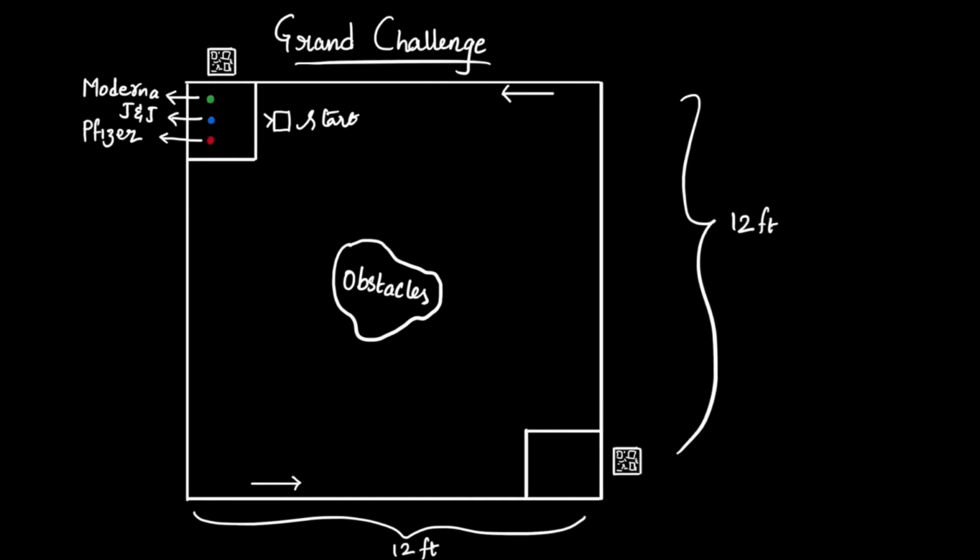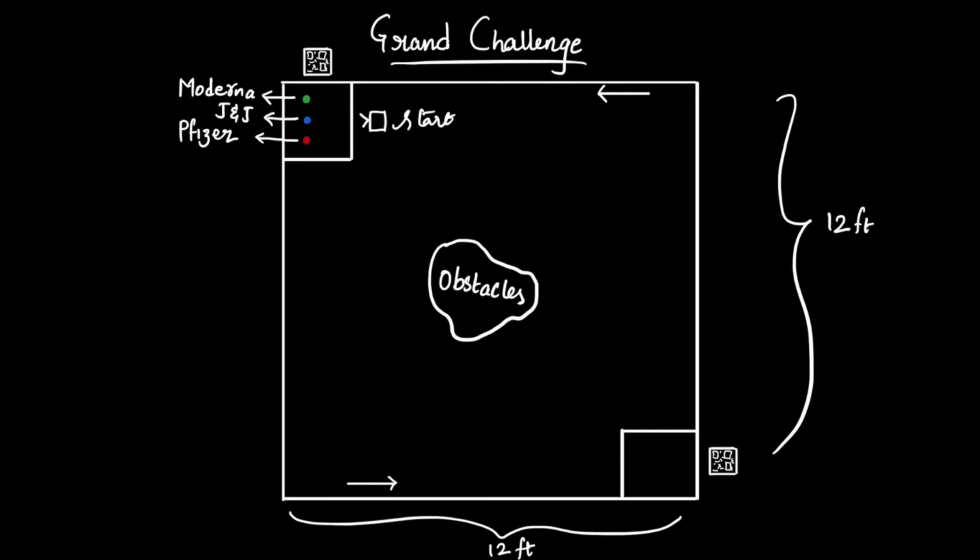So as you can see, this is the grand challenge that was designed. It's a 12 feet by 12 feet arena with obstacles in between so that the robot cannot directly go, simulating a real world scenario. There's a cold storage with 3 different vaccines, and then there's a delivery at the bottom right corner. This is where the start of the robot is, and from here there is a QR code that is shown to the camera of the robot. This is sent to us by the professor, and it could represent any of the 3 vaccines. For instance, in this case, let us consider that we've received a J&J vaccine. Then the robot would move forward, pick up the J&J vaccine and move back again.